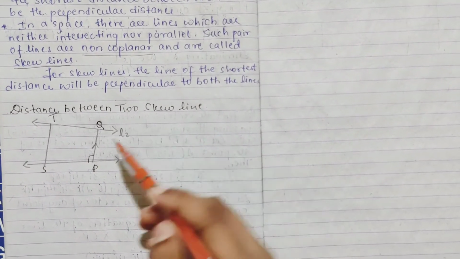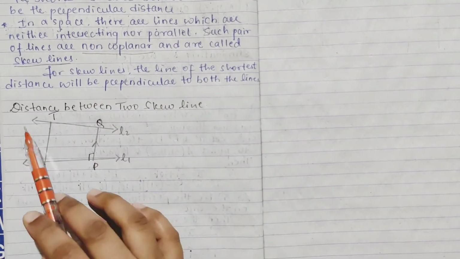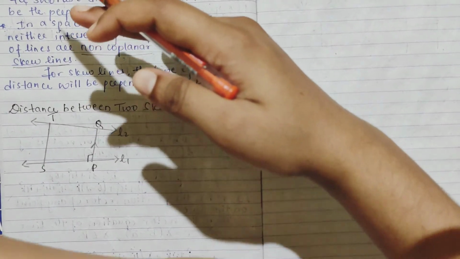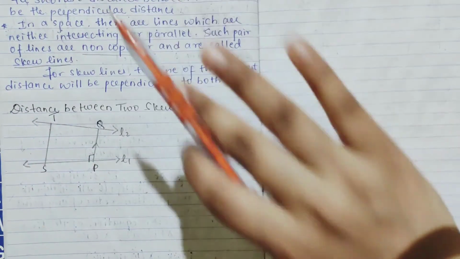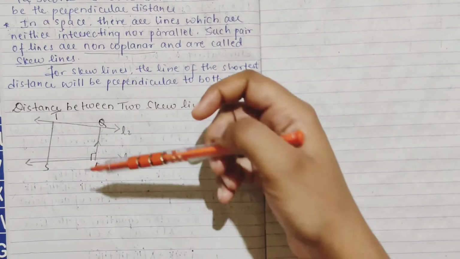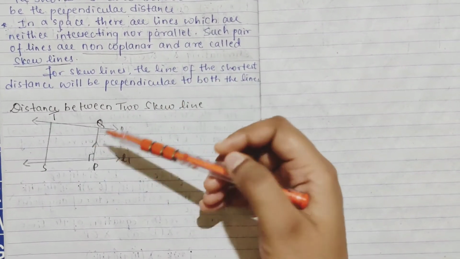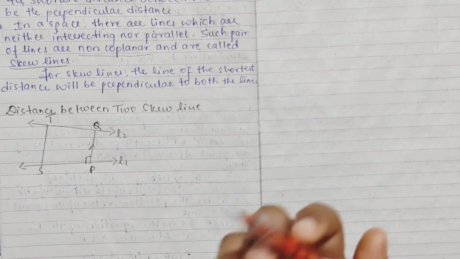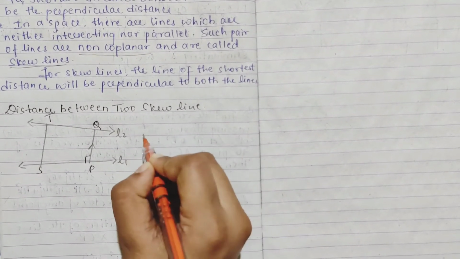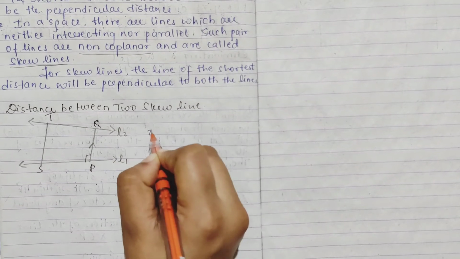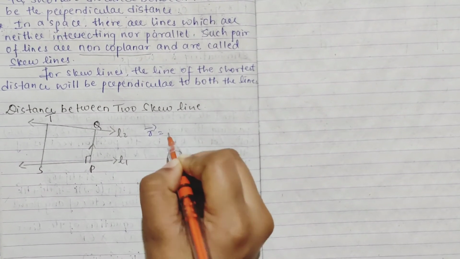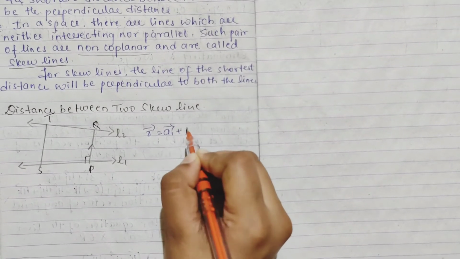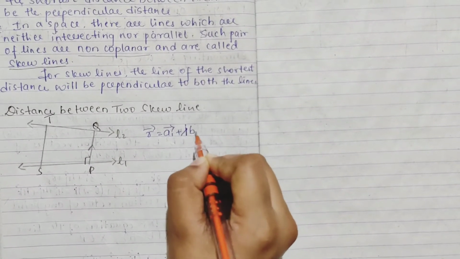So we have taken two lines, two skew lines, because you can see these are neither parallel nor intersecting. You can take it somewhat like this, you are understanding, right? Here the distance is big, here it is small. So we are considering two lines. How is the equation of a line given? For the first line, the position vector r is given as a1, I am taking for this, plus lambda times vector b1.